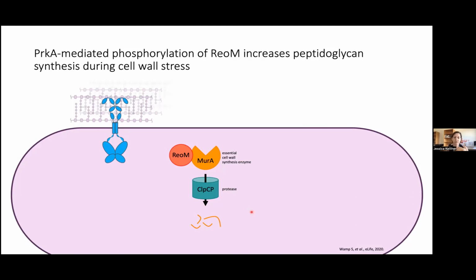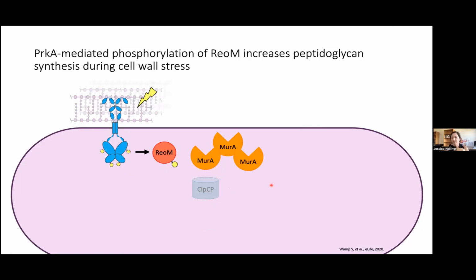The same group that first discovered REOM in Listeria also showed that it can be directly phosphorylated by PERK-A, and PERK-A phosphorylation of REOM prevents its interaction with murA, and this results in an increase in murA protein levels. So I wanted to test the hypothesis that during cell wall stress, this phosphorylation of REOM is important for increasing